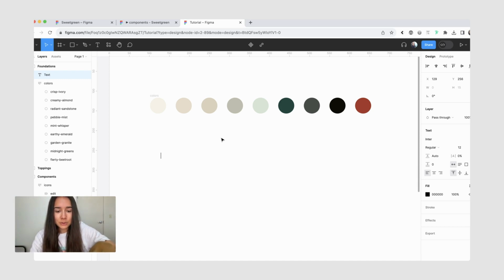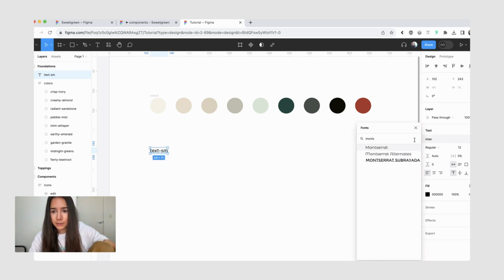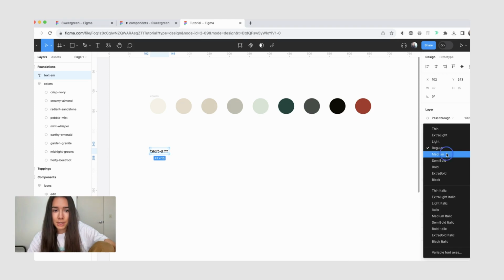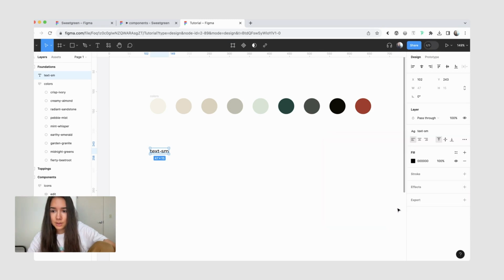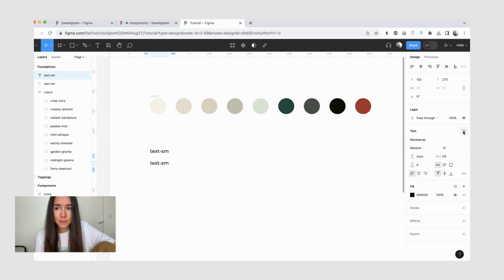So the first one, I'm going to do text small. And this one, I'm going to update the font family to Montserrat. I'll update it to medium. And then we're going to save it as text small. And then our next one is going to be 16.